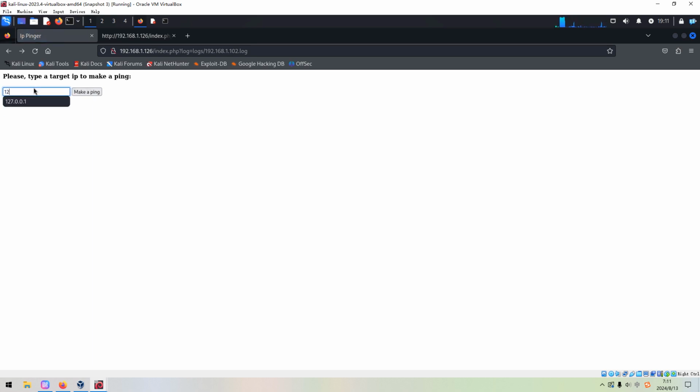And also maybe we can try to use this one, and we can use the tunnel ls to make a ping. You can try, of course, you can go to a website.